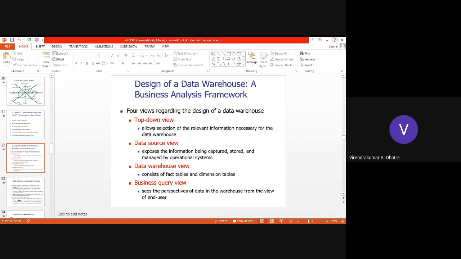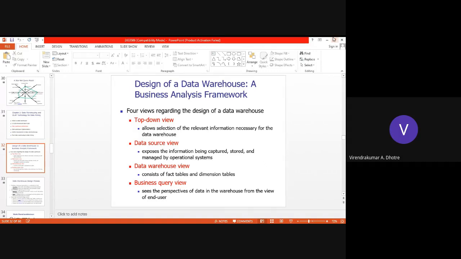If there is a need, how I can identify that need, and start working on providing the required materials, or be in a position to fulfill that need, which will gain me the profit. So this is the perspective of the end user when they see the data warehouse.